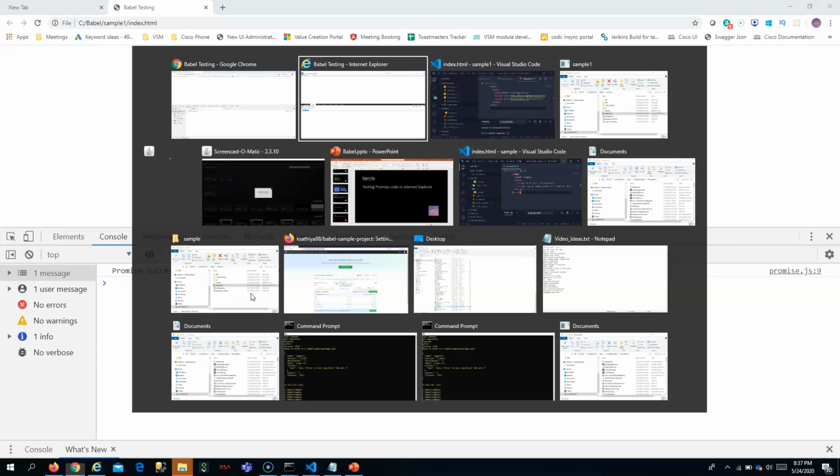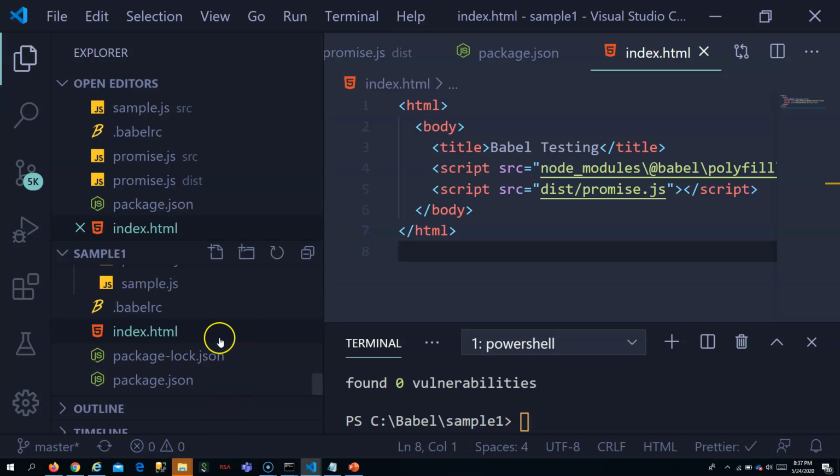This is how you have to make any functionality work which is not available. See, syntax changes like arrow function converting to old syntax, Babel will be able to do without polyfill. All the syntax changes. But new functionalities like promise or map and all those, you have to install the polyfill. You have to source the polyfill for Babel to insert that functionality into old browsers like ES5 browsers.